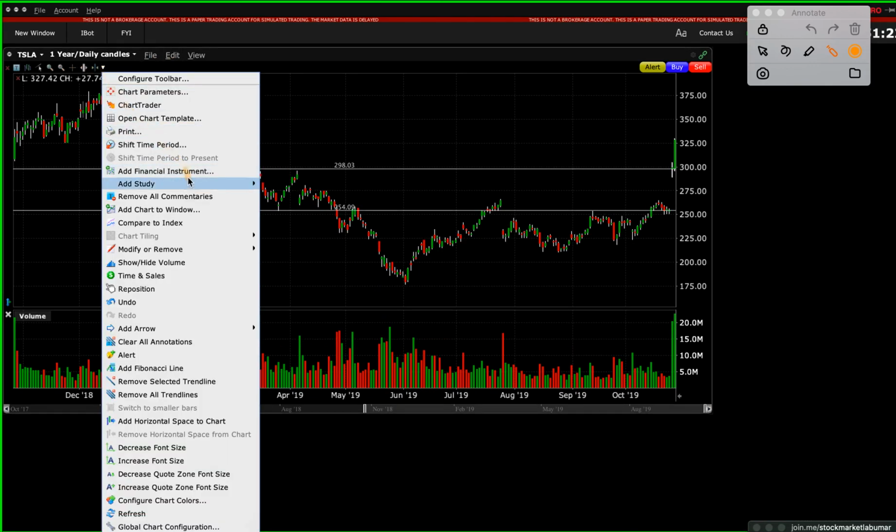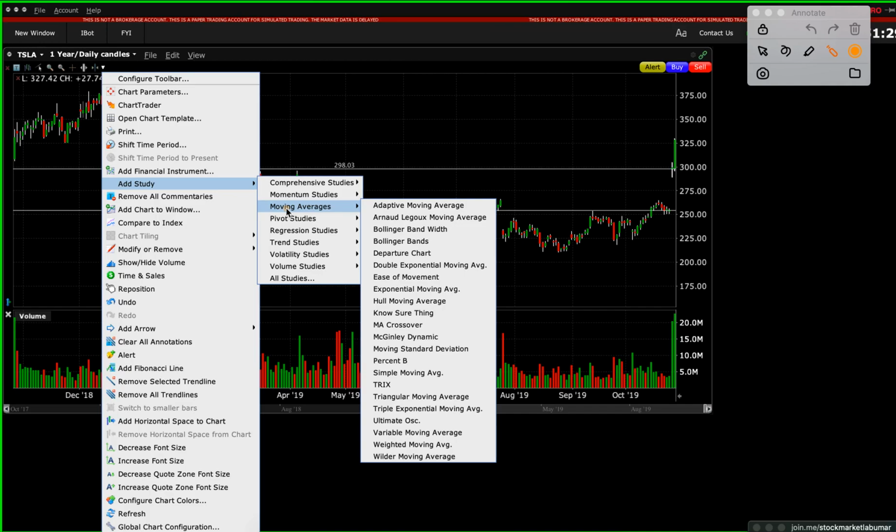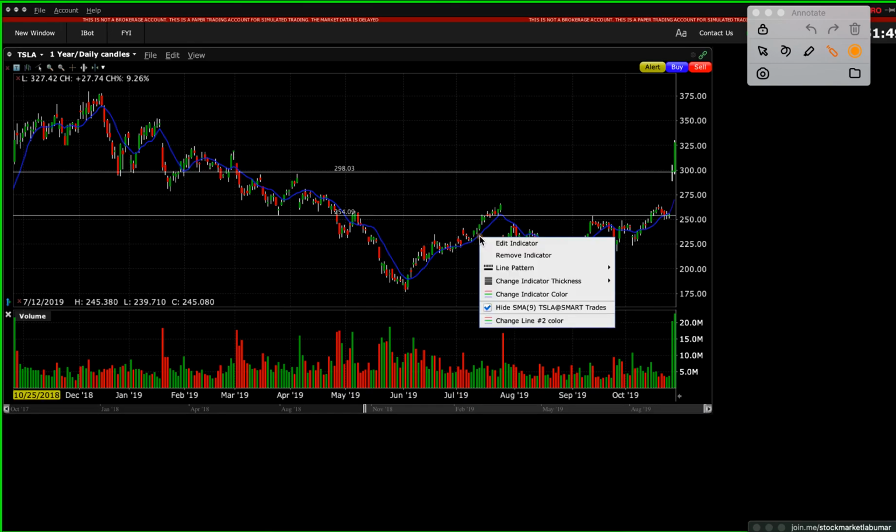Once you go here, there is an option called add study. Okay, once you go here, it's going to be moving average. All right, so once you go there, we have the simple moving average and the exponential moving average. So EMAs and SMAs. So we're gonna set up our simple moving averages. So once you click on it, it's going to be added. And then to edit it, we're just going to click on it and right click on it and click edit indicator,